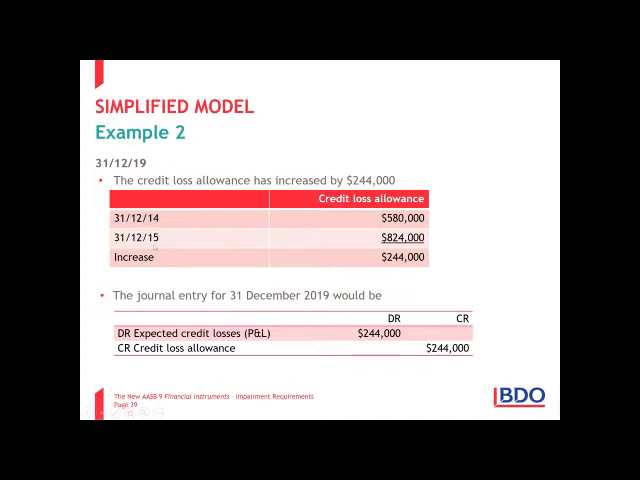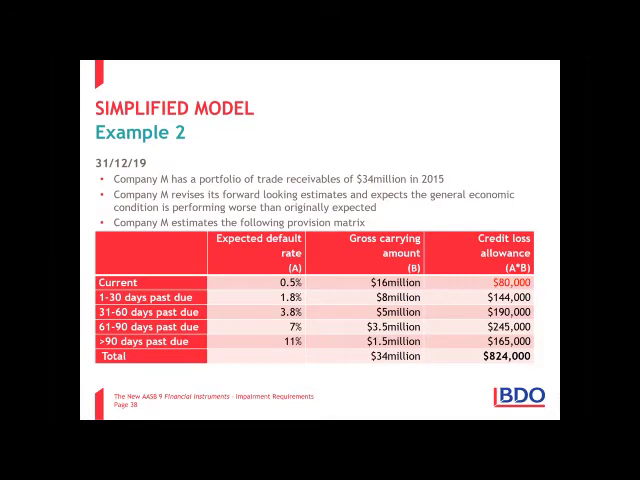It would mean that the increase in your allowance should be processed as a journal. Could you please look there, 31 December, it shouldn't be 14 and 15, it should be 31 December 18, 31 December 19. Therefore, the movement, the journal entry for 31 December 2019 is debit expected credit losses in profit and loss $244,000 and credit your credit loss allowance. So at the end of 2019, 31 December 2019, you now have a credit loss allowance of